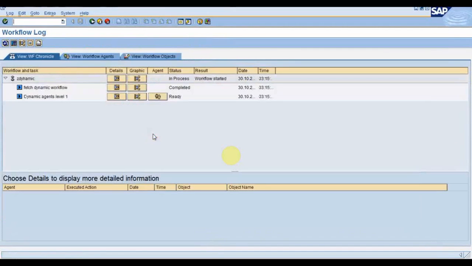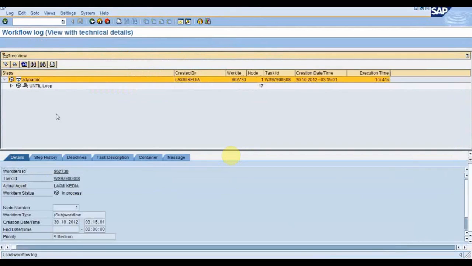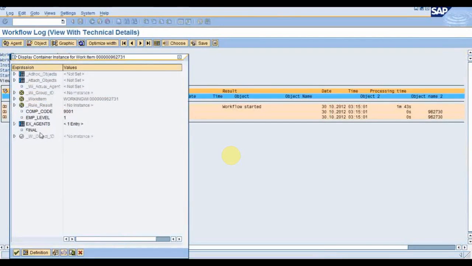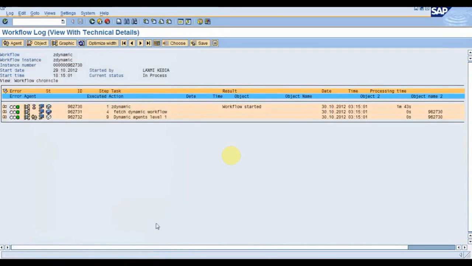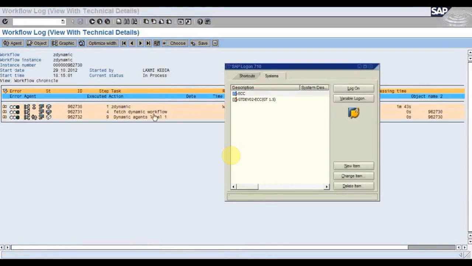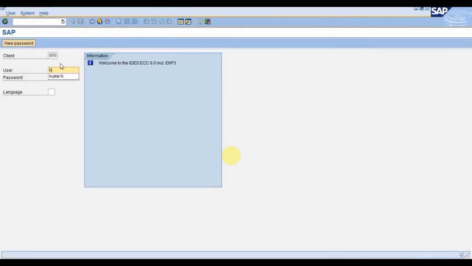Why? Because in the workflow log, let me show you, final has not become checked because we have a second level. See here, in the container it is not checked because in the second level we have user IDs, so that's the reason final was not checked. Let me first go to the ID of Kumar K so that we can approve this particular item.